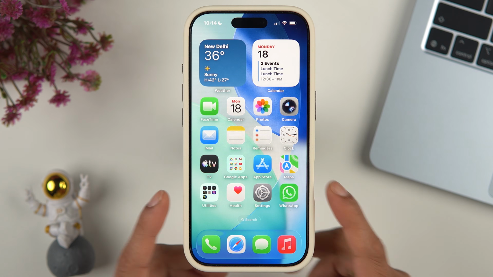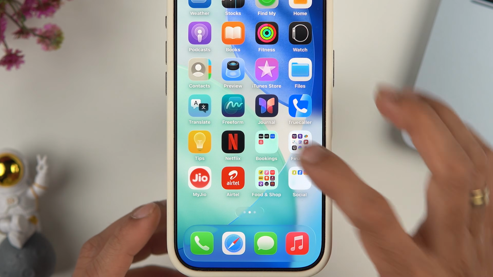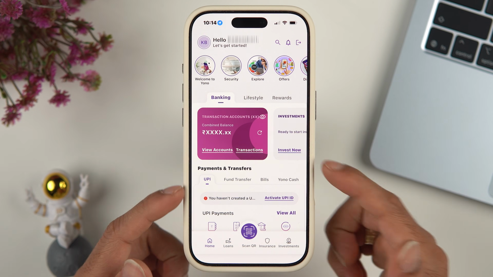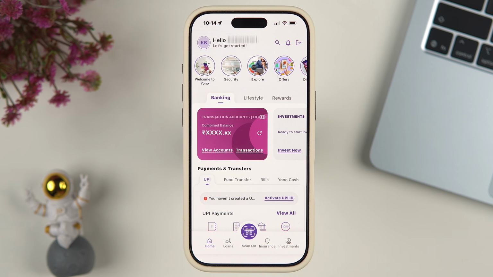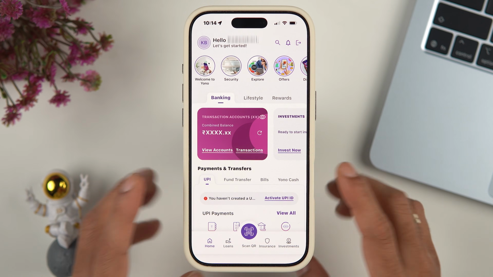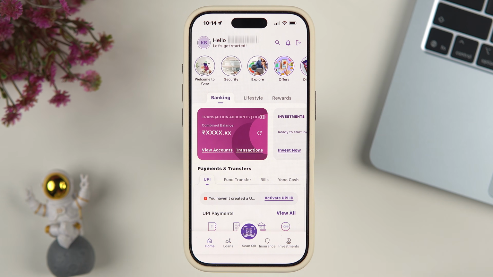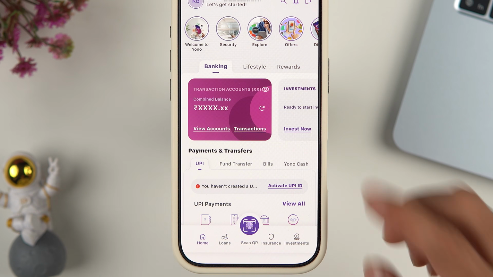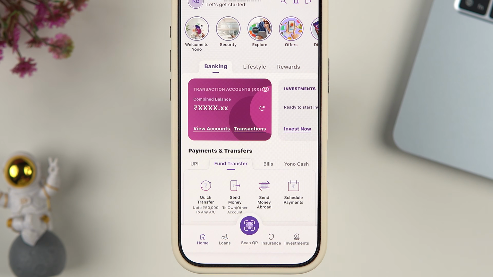Let's start the video. The very first thing you have to do is simply open the YONO SBI application on your mobile phone and complete the login process. It doesn't matter if you're using an Android phone or an iPhone, the process is the same. Once the application has started, in payment and transfer you get options of UPI, fund transfer, bill and YONO cash. You have to select fund transfer, and over here you can see the first option is quick